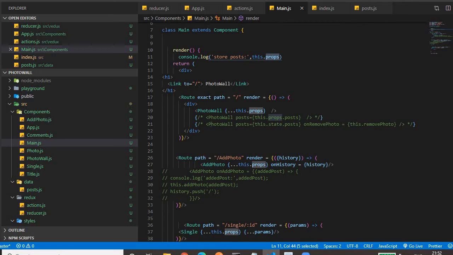we will pass it to the children component. So it's the photo wall component. If you have followed my last 3 videos, you will understand what we have written in photo wall. So here we are sending the props that we have received by using this triple dot structure. This is the spread operator. So this is how we can provide the props to the photo wall component.